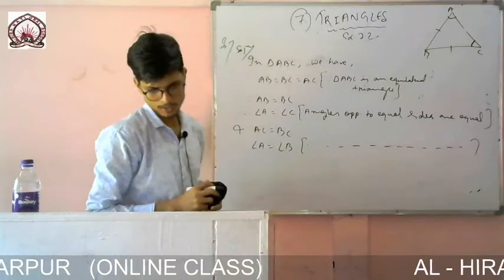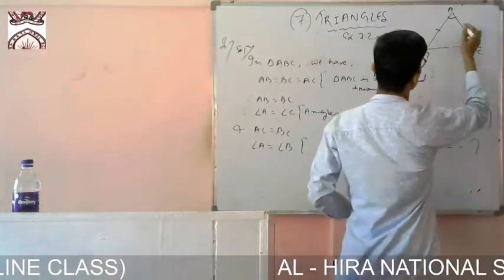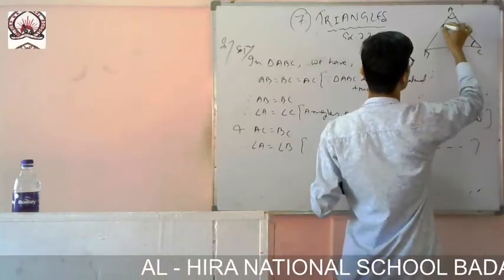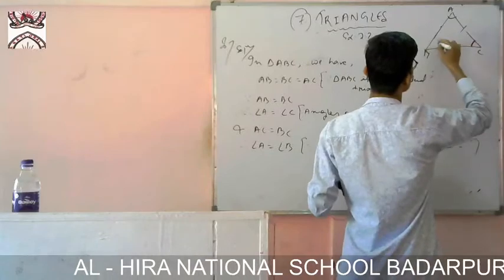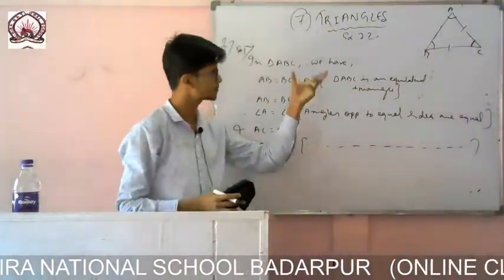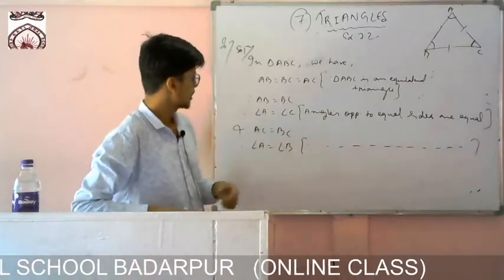And for the next one, what we have done, again I have taken AC equals to BC. So for these two, this angle and this angle will be equal. Okay, now it is okay. Actually, earlier all the sides were marked and I got confused, so I have written it down. So you make it correct.